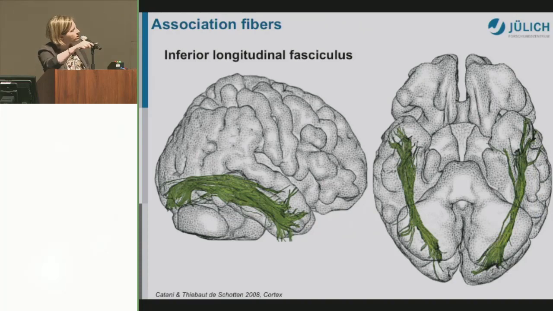And you see where it runs from the occipital cortex on the ventral part into the temporal lobe. And here you see how it ends nicely almost in the temporal pole. And the second one,